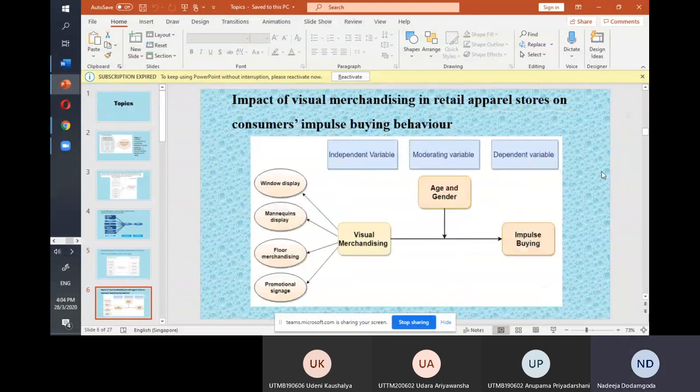You find the same thing. You comment on what you perceive to be the visual merchandising practices, and then you comment on to what extent you tend to make an impulse purchase. So again, the respondent becomes the unit of analysis. However,